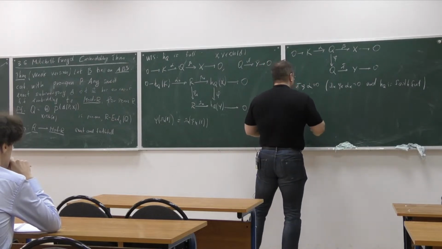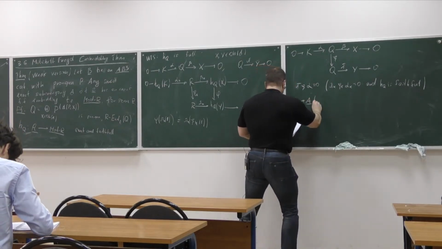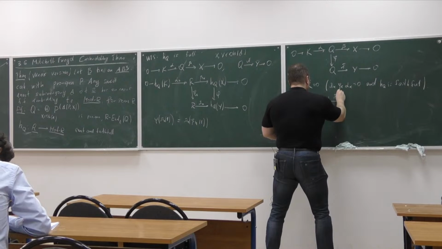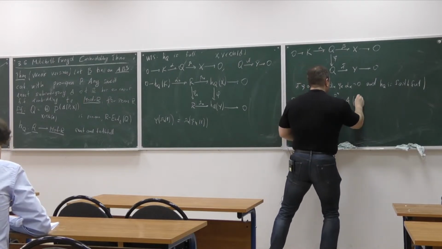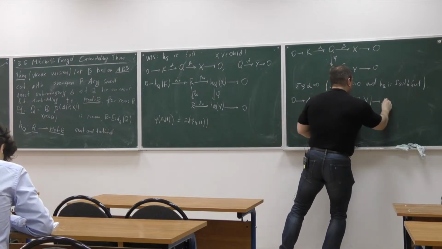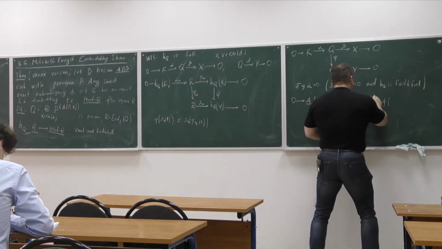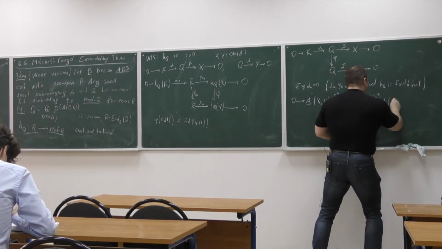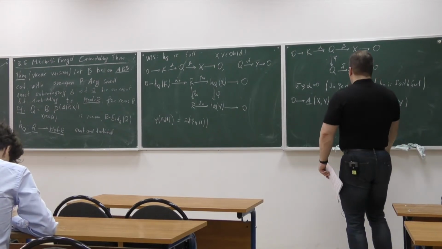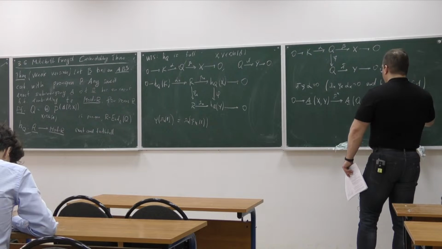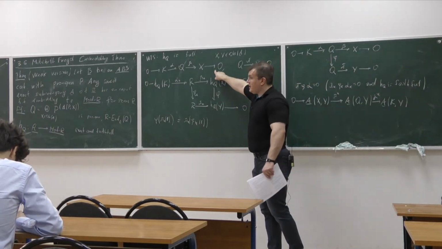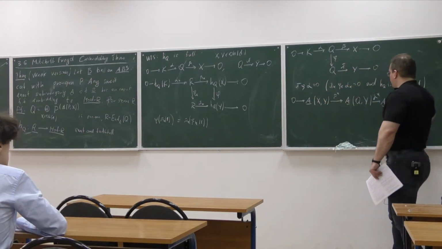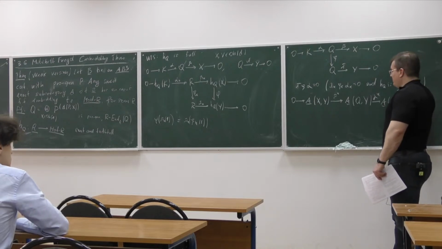Now let's look at the following diagram. We have maps in the category A from the X to the Y. Now I have composition with beta, so this is beta upper star, A(Q, Y). This is composition with alpha, alpha upper star, A(K, Y). Okay, so I can obtain this if I just look at the short exact sequence, and now I apply the functor where the second argument is fixed and this is Y, and this again is the short exact sequence. I don't know about the exactness here because I don't know any properties of Y.